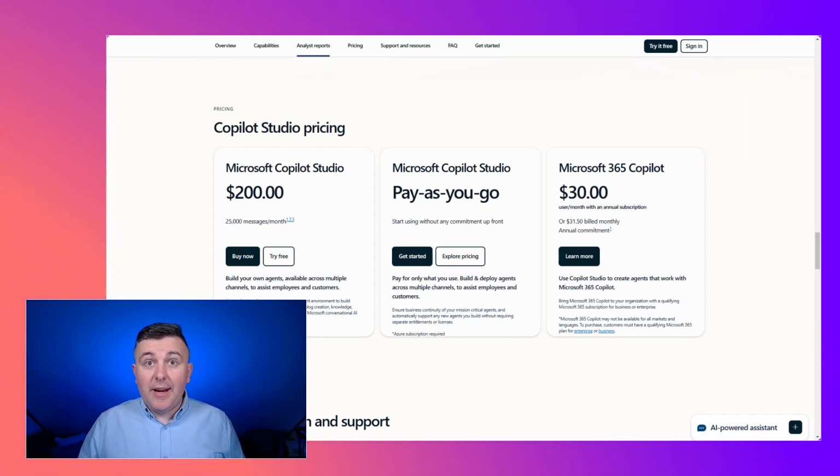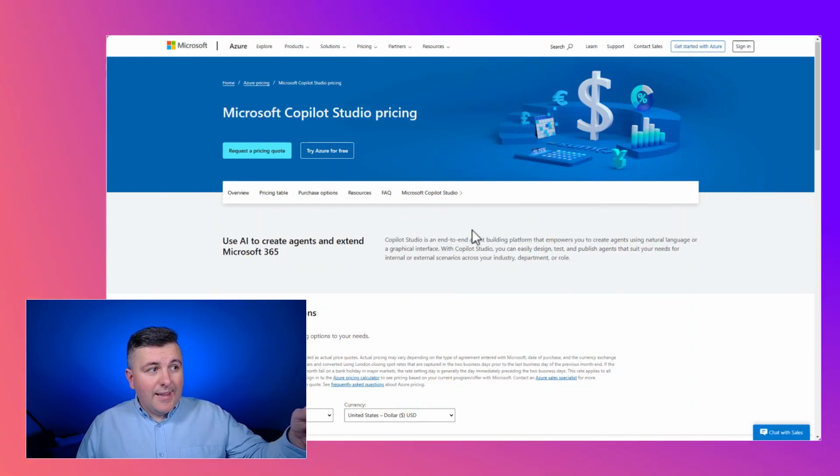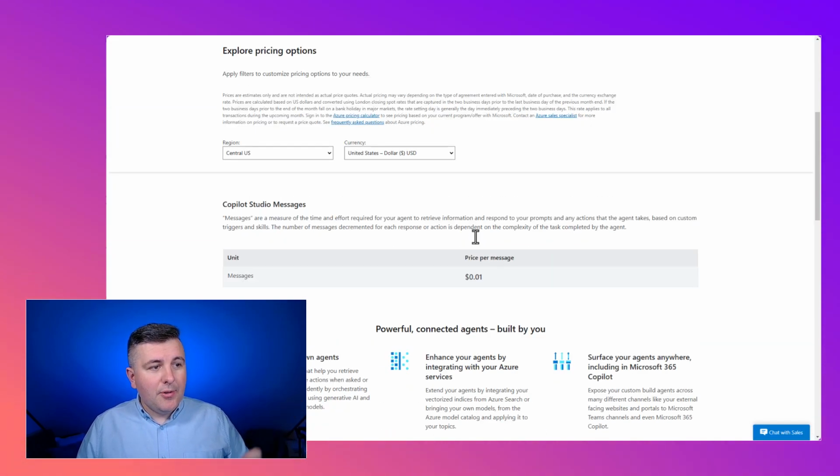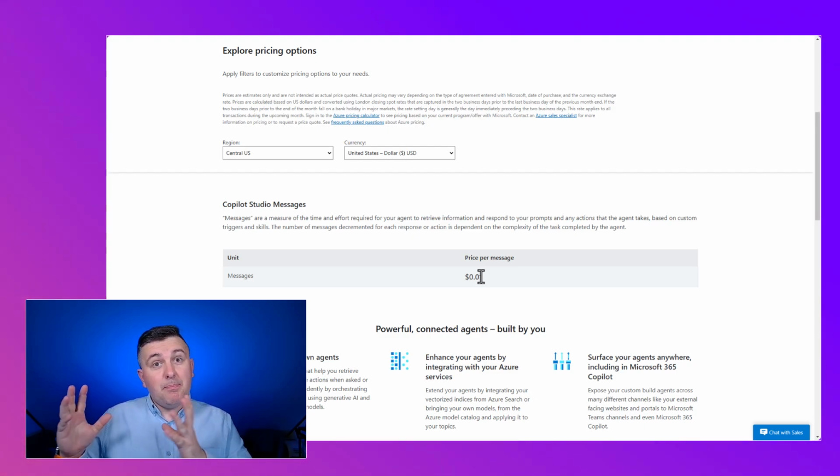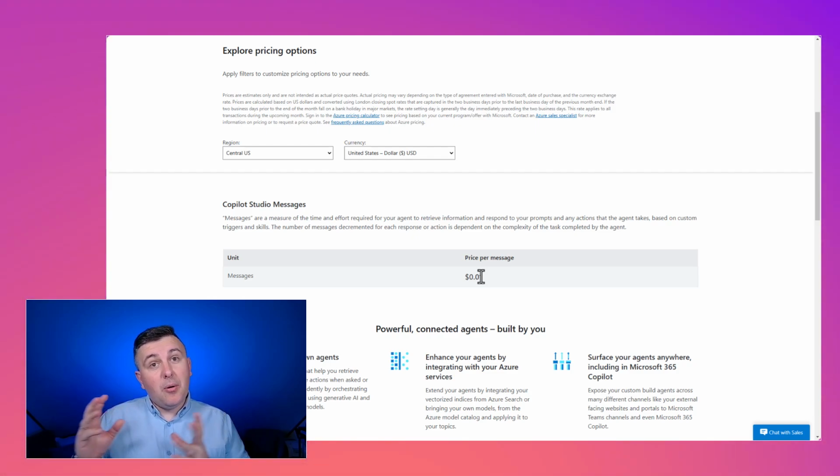But you will need to turn on the pay-as-you-go model for your organization. In the case of the Copilot Studio pay-as-you-go model, you can see this is the cost of the message, so this is also quite a suitable solution instead of paying $30 per user per month with a Microsoft 365 Copilot license. But again, remember, you need to switch the message packages that you want to buy, or the Microsoft 365 Copilot subscription,